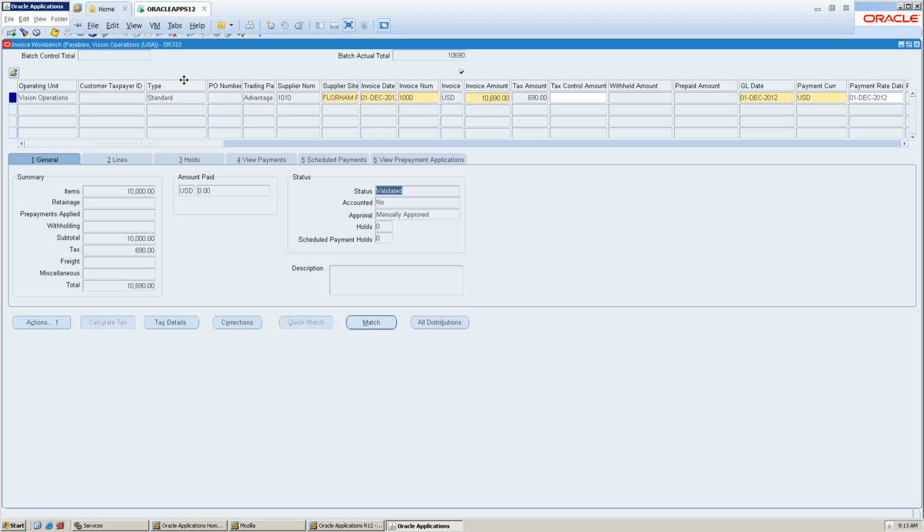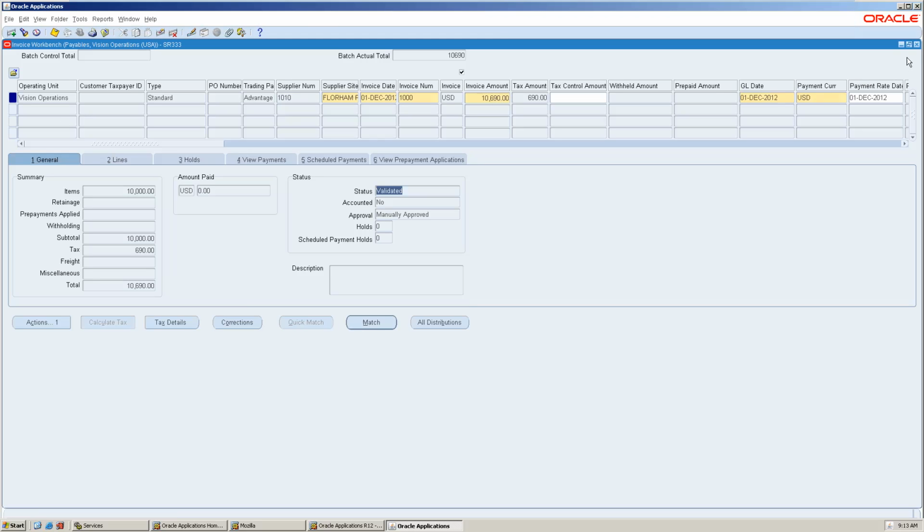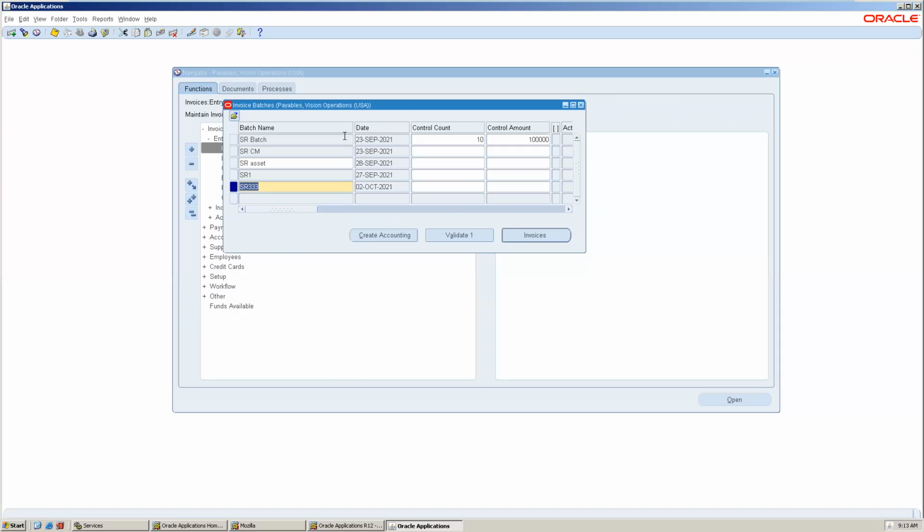Clear? Can I share the screen? Somebody else can create the invoice. Who wants to create? I created one invoice, SR33. We'll see. I have to give F11. Put the name, Control F11. That invoice will appear.